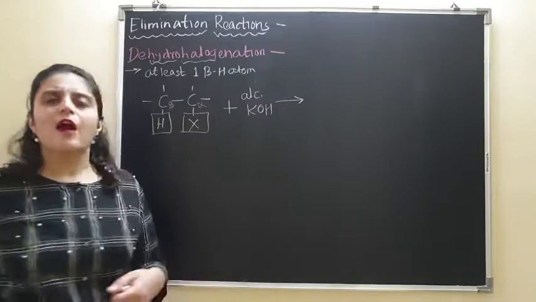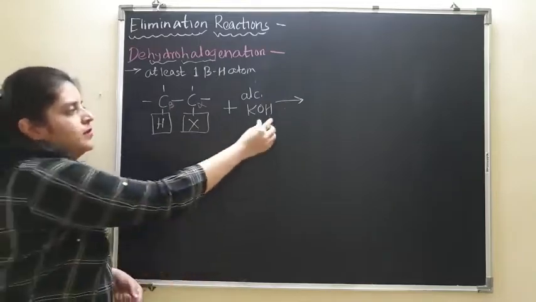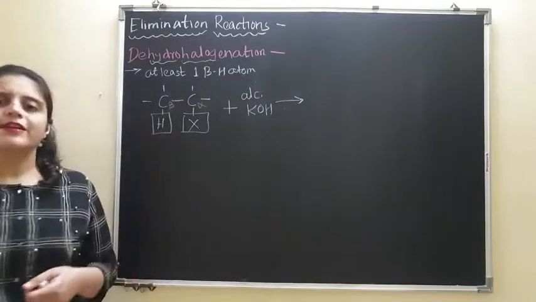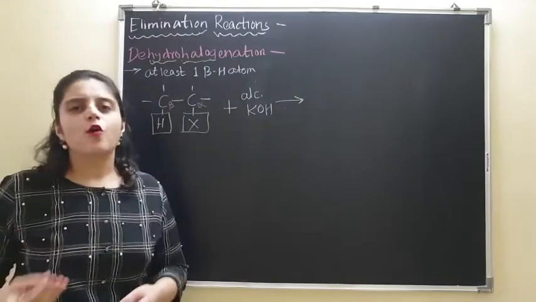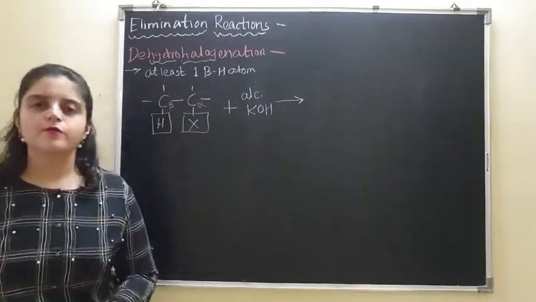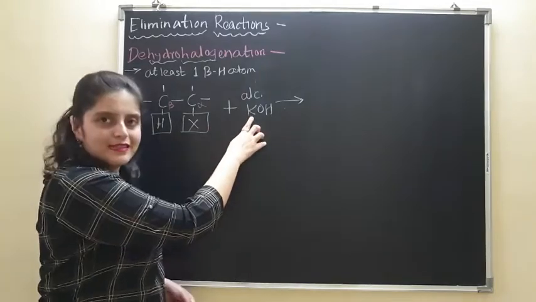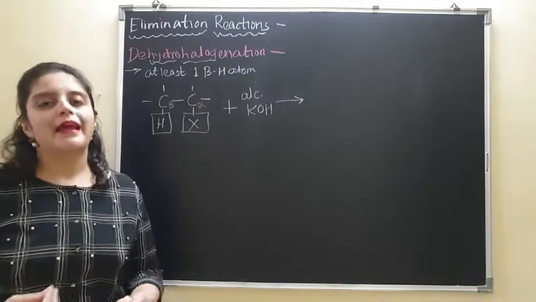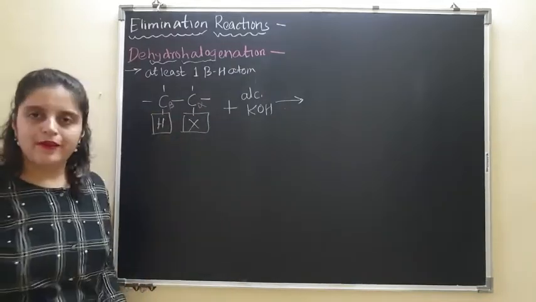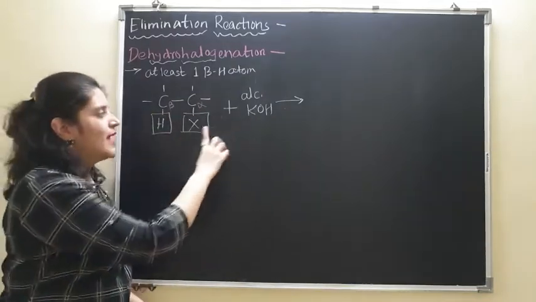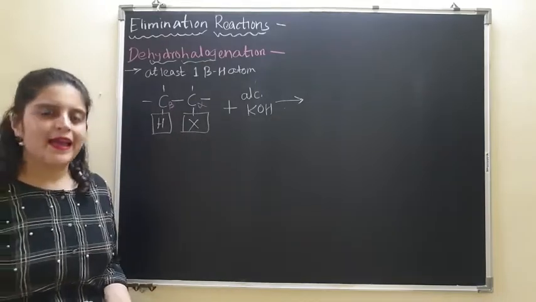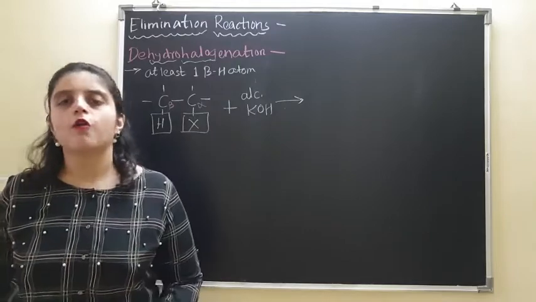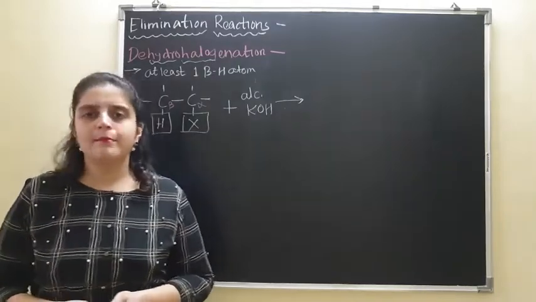Now this K, out of this KOH, this OH minus part will react with H to form HOH, that means water, H2O. Now what is left? This K and this X will react to form KX. Both the atoms will be removed, but this K will react with X to form KX, and this OH will react with H to form H2O. But these are our byproducts.